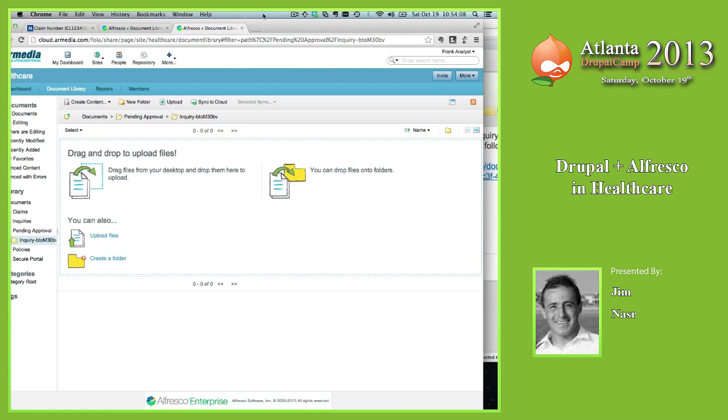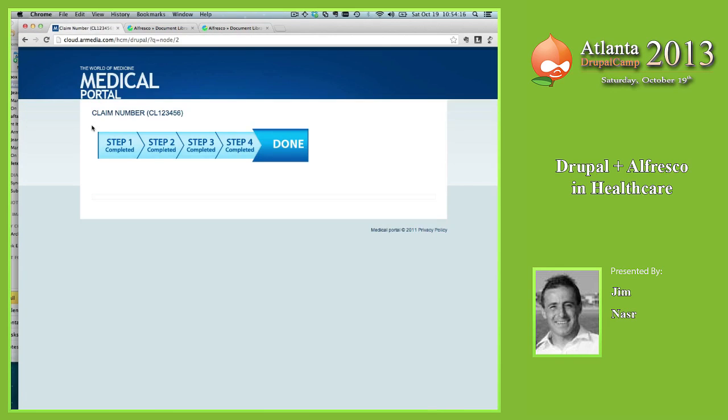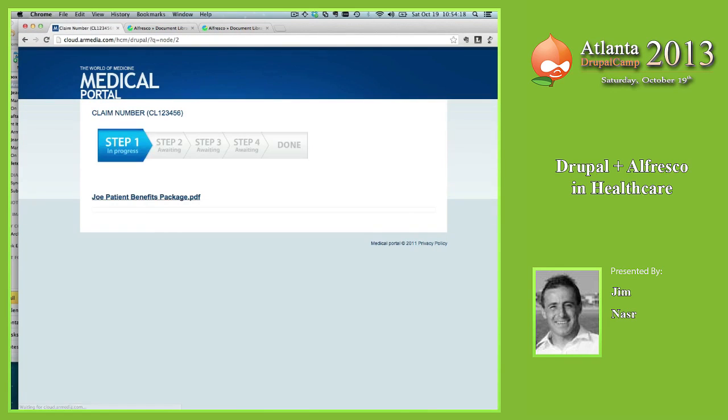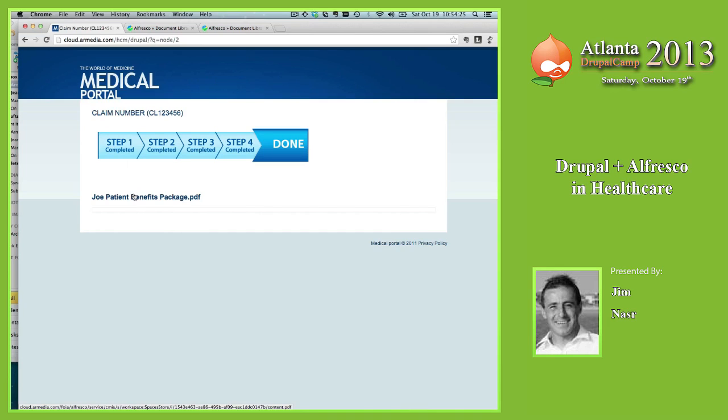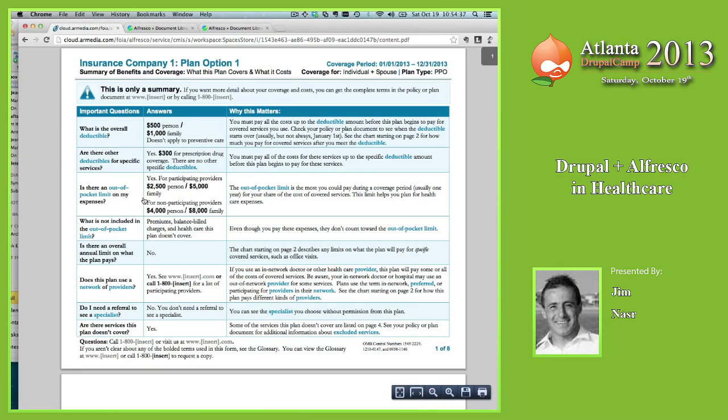So at this time, Sally reviewed it, she approved it, she's good to go. Notice that if Joe goes back on the site, he'll be able to get a sense that it's completed. And not only is it completed, Joe can go on the website, the secure portal that you guys build, and it'll look a lot sexier than this, but you guys know how to do it. And from here, Joe can download the document. Remember, Joe never once got into the backend system. It's a full integration, and this is one way to integrate.